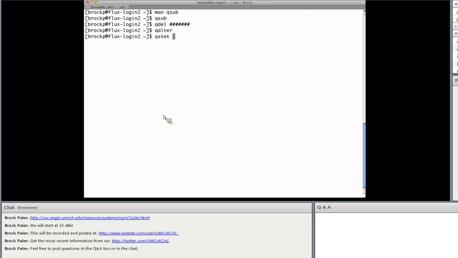The next command is a qstat. Qstat will actually be used for checking out a status of a job. I'll actually go ahead and start with this command here in terms of actually digging into details. Qstat is actually how you look at the queue. If you run it by itself,